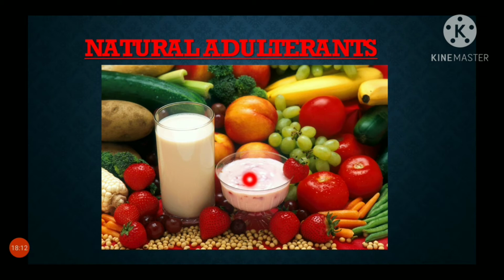If you keep a banana outside in a summer season, it will change into black in color. Why? Because the natural content in the banana is getting spoiled from inside to outside. If you put grapes, they start smelling within 3-4 days. If you keep tomato, the inside liquid material starts spoiling. That is natural. But we don't know sometimes. By mistake we will have it. That time what happens? Our health gets spoiled.